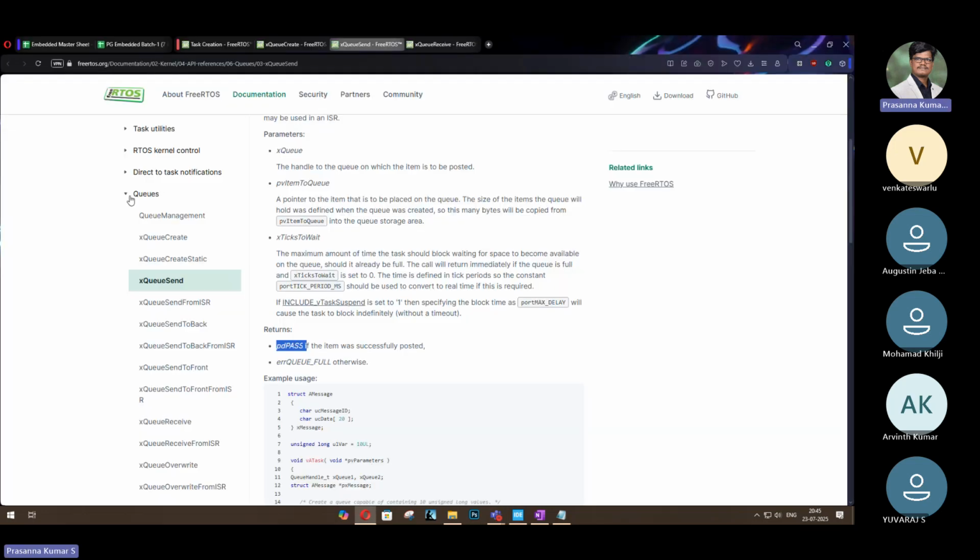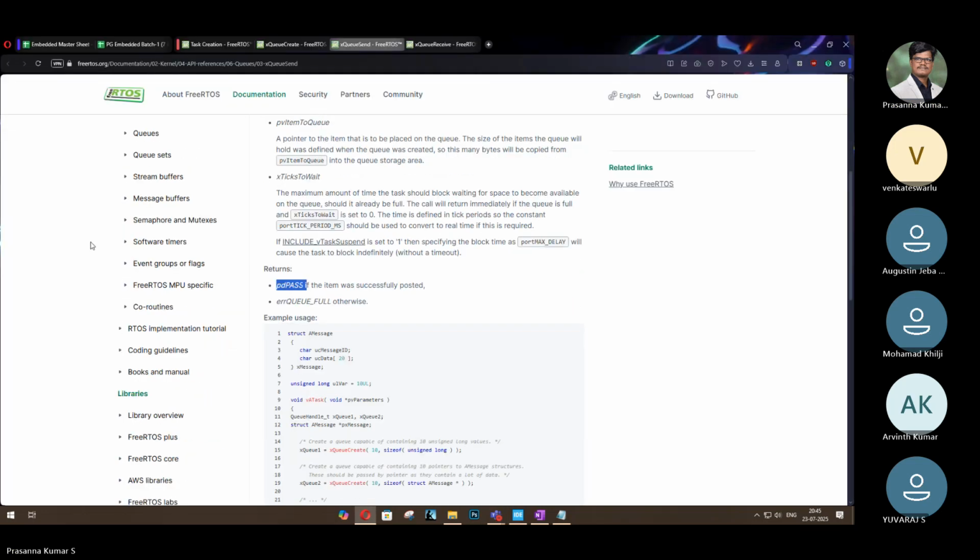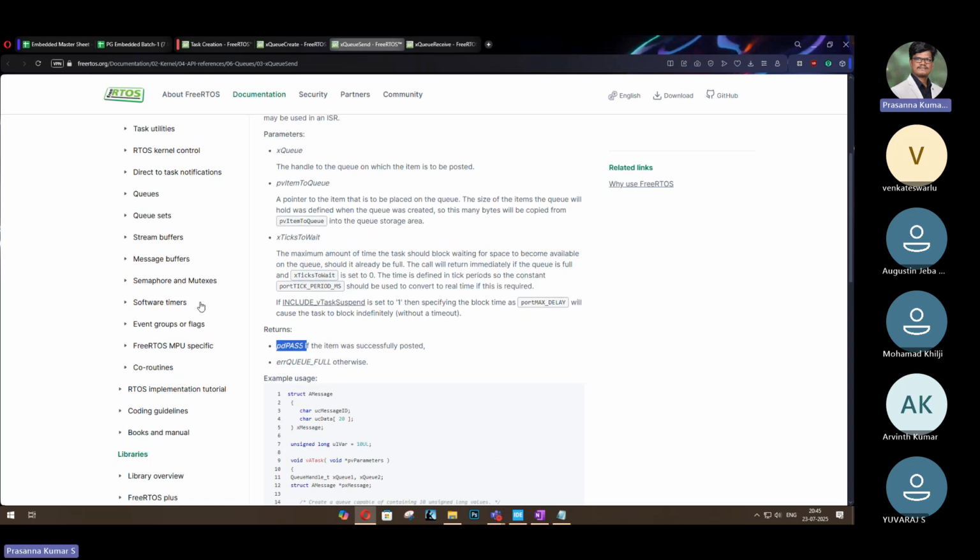the synchronization topic: semaphore and mutex. This is one of the most important topics. The reason why we are going for FreeRTOS is that we can use the semaphore and mutex in the task. Since we are dealing with parallel processing or multi-threading, synchronization is one of the most important factors that plays in this